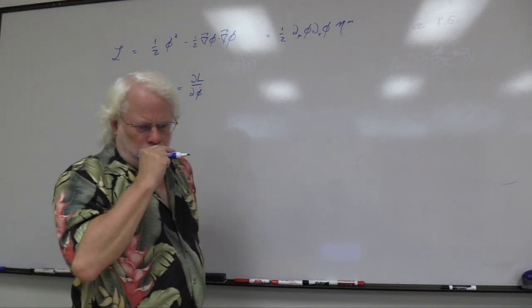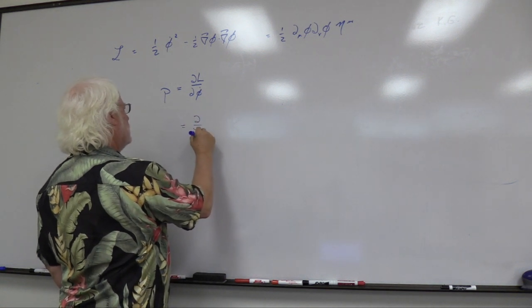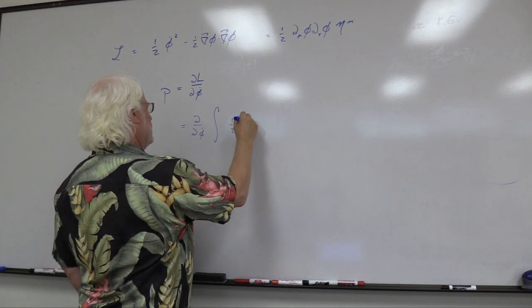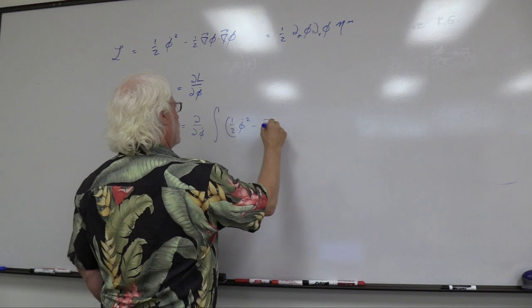And now, if I replace that Lagrangian with a half phi dot squared minus grad phi